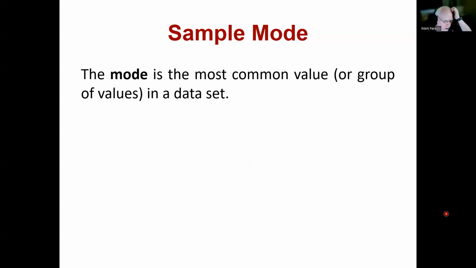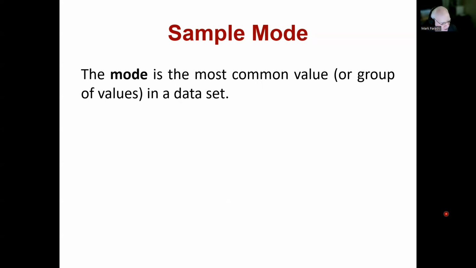Finally, the mode is a super simple measure of location. It's probably also the most useless in a lot of ways. In a lot of data sets, it's not going to represent necessarily the typical value particularly well, but it is super simple, and it is a measure of location, and it's simply the most common value or group of values